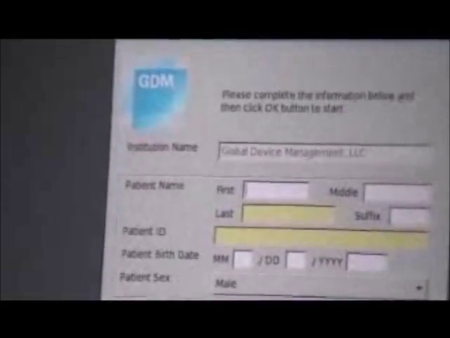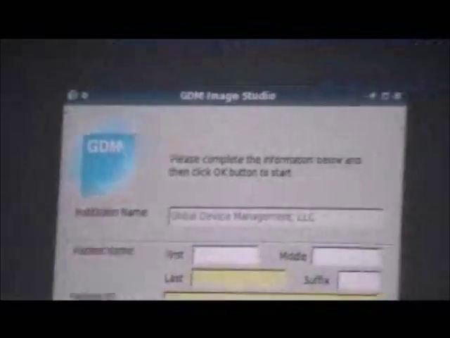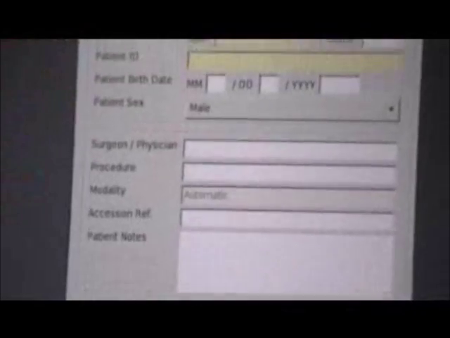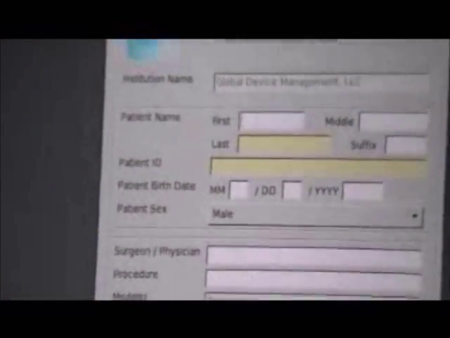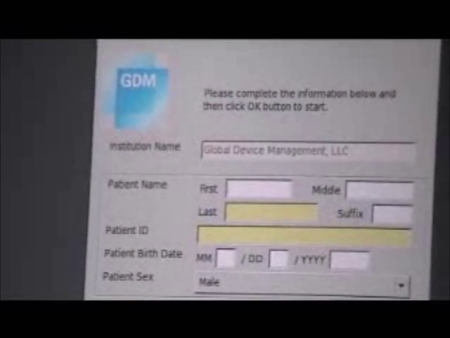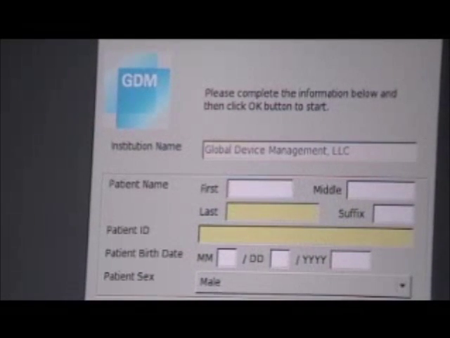So you can enter a patient ID and it can do a search, or you can enter a last name and it can do a search and pull in the patient information so that you don't have to manually enter all the information and it avoids errors. But here we'll just go ahead and enter in a patient's name since we're not hooked to a patient record system. So let's say that we're bringing in